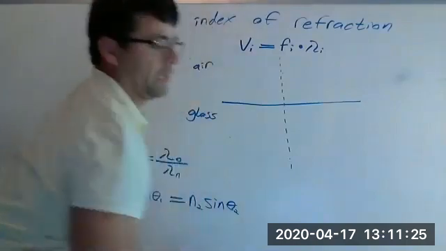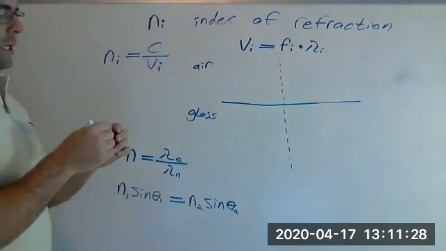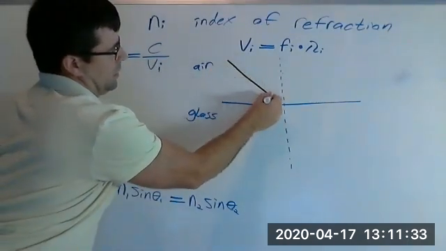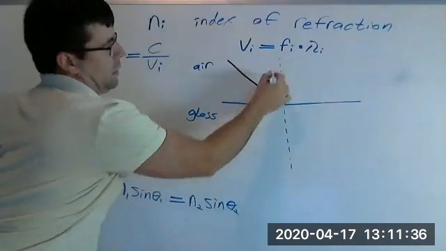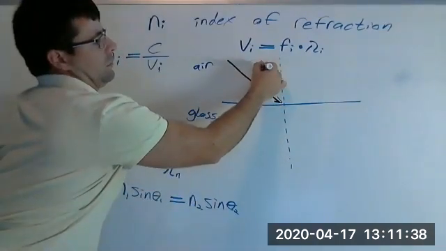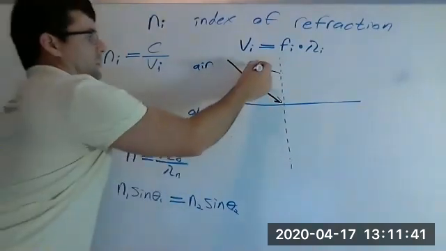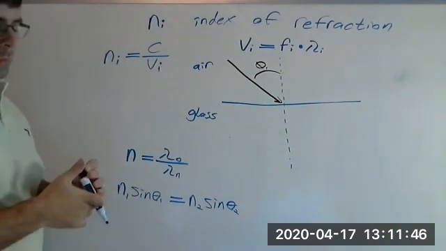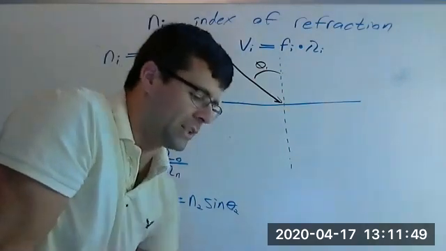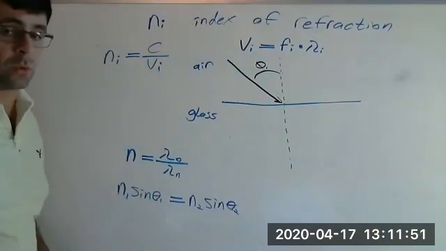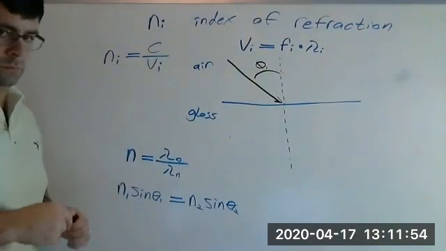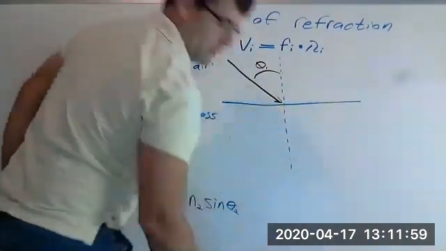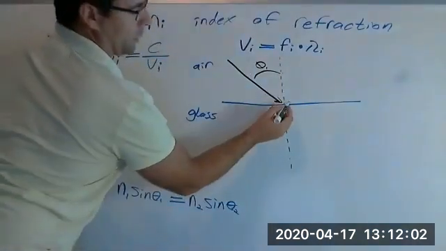So we have an incoming ray. And this angle is theta 1. So remember, we always measure these reflection and refraction angles from this center normal. And the outgoing ray, the refracted ray,